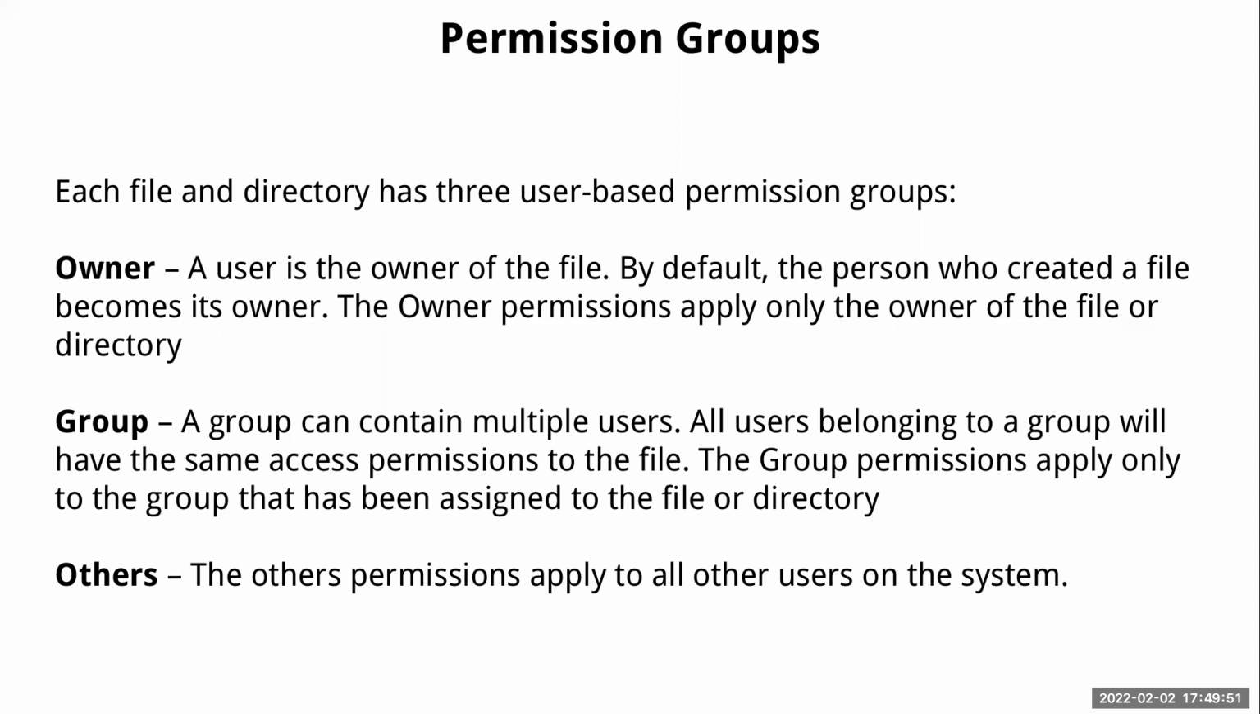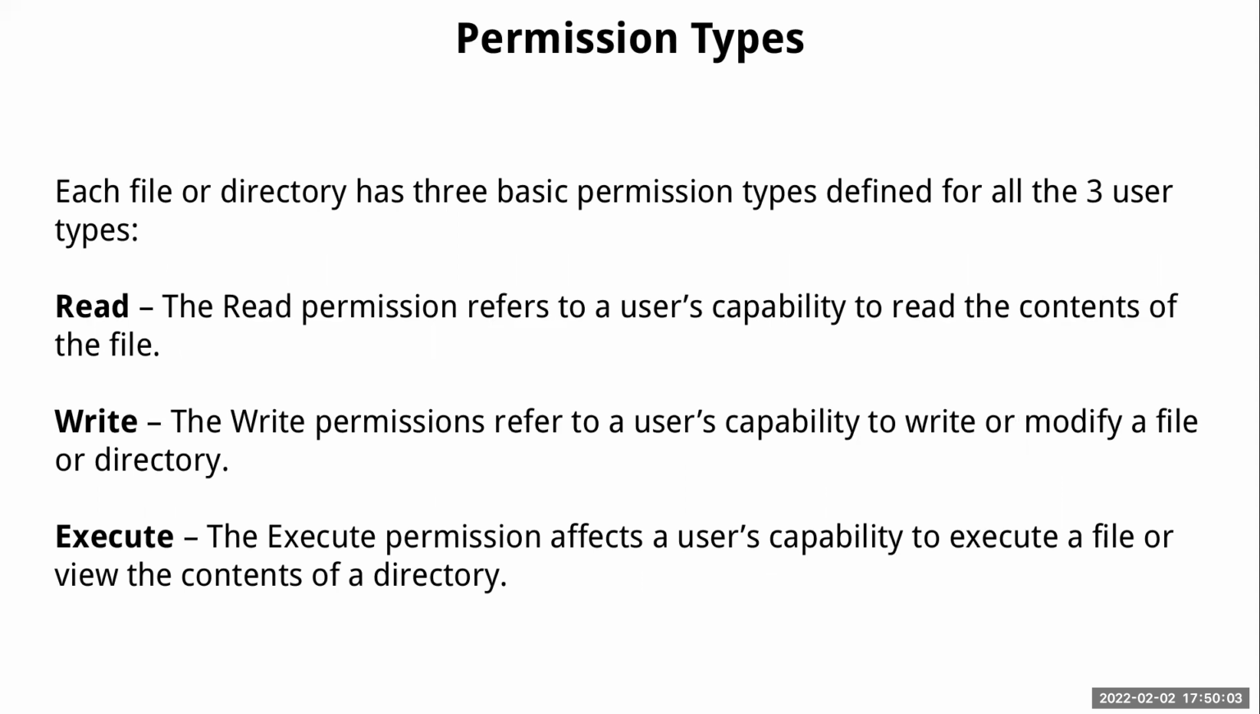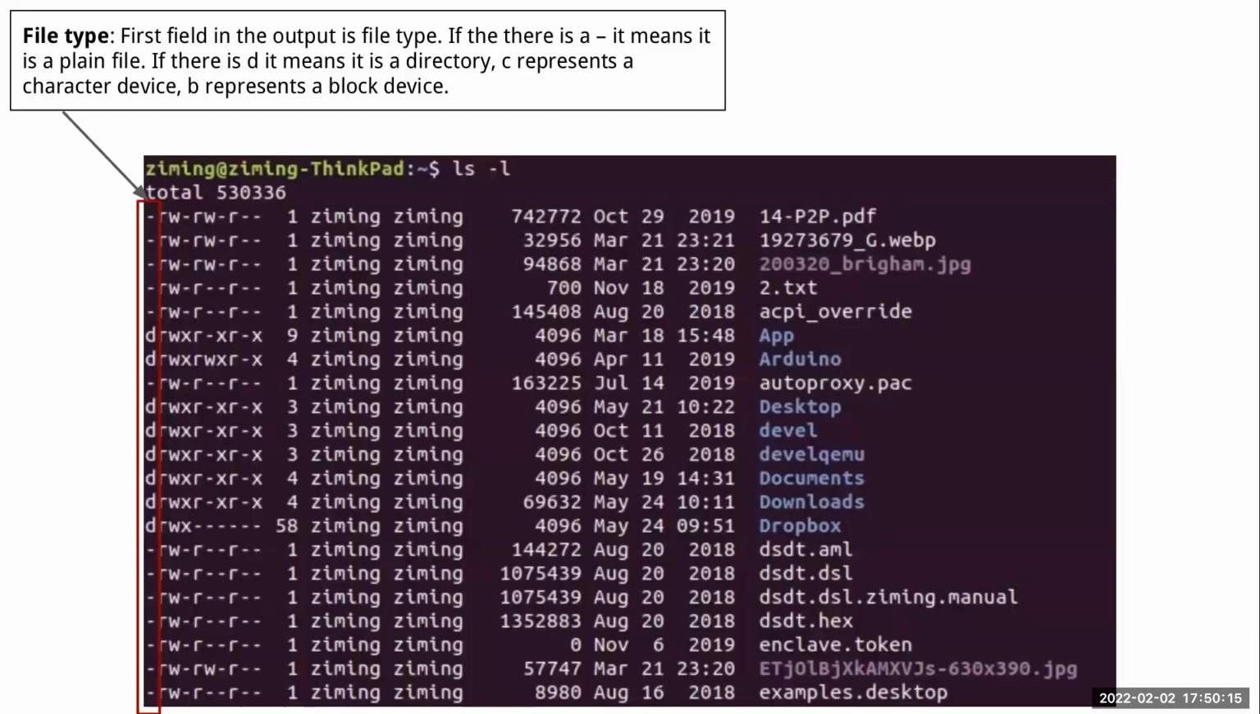A group can have multiple users, and other users on the system who do not belong to the group or the user are called the others. Then for each file, there are three different permissions: read permission, write permission, and execute permission. So if you do ls -l in a folder,